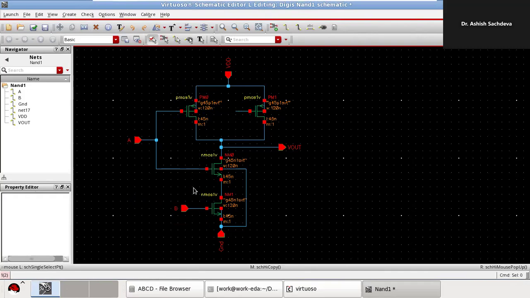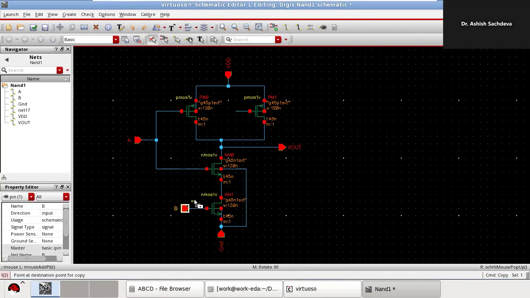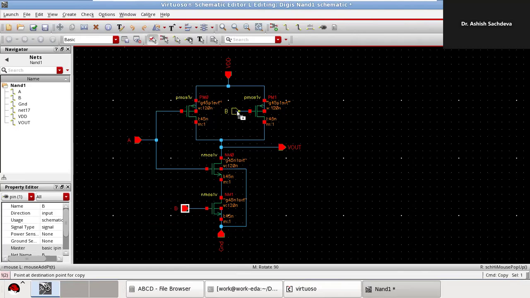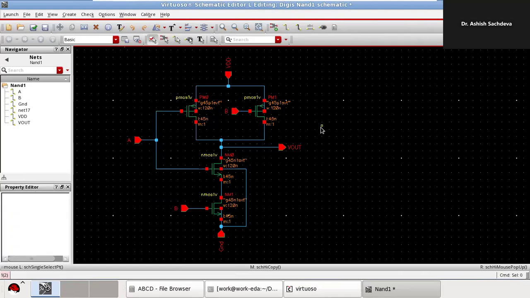I have a wire over here. See, usually we create a NAND gate circuit like this, but remember, whenever you are supposed to create the symbol